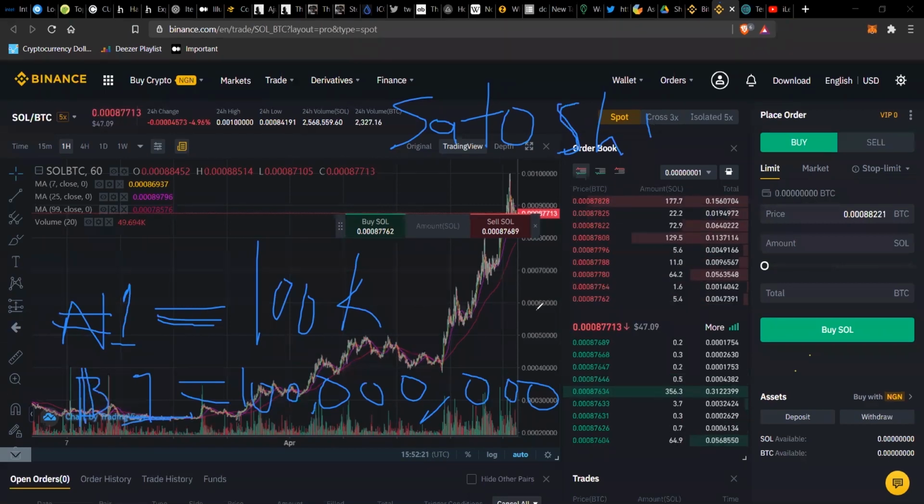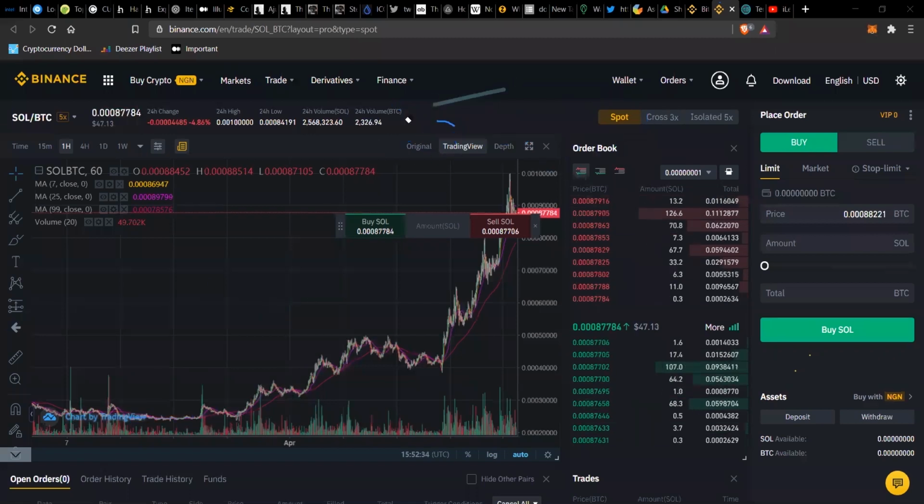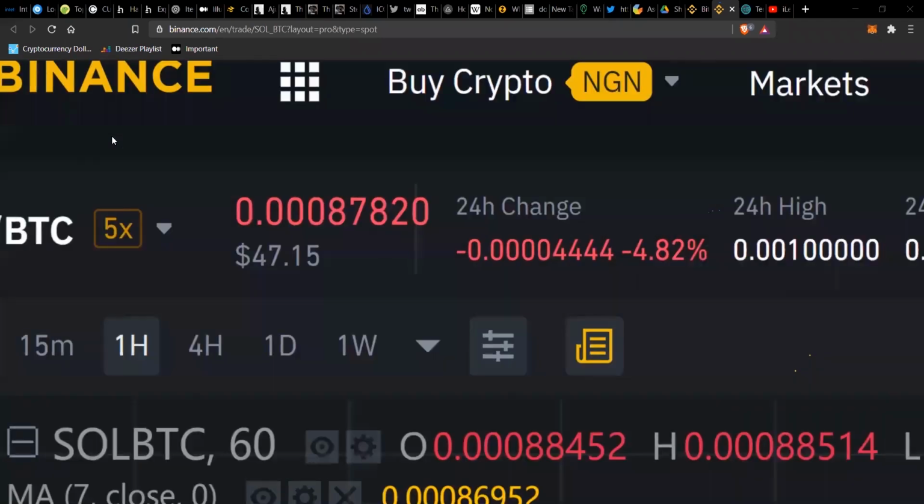1 naira is 100 kobo. The same way we have tens and units, we have 1 BTC equals 100 million Satoshi. So if I'm trading, for example, and I want to buy this coin called Solana, looking at the BTC value, like I explained earlier, what you can see here is